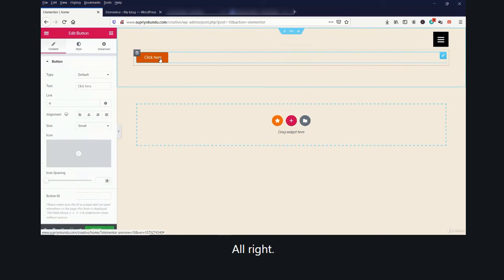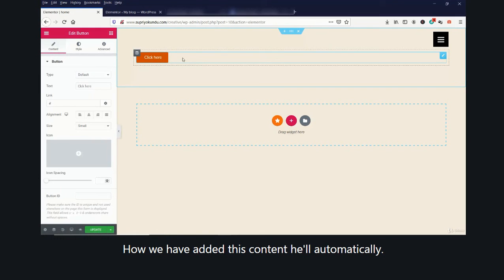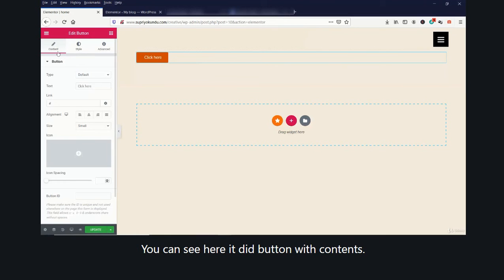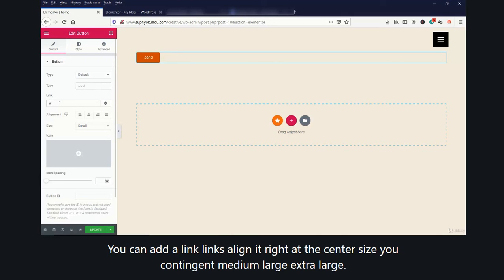All right. Next, let's align this button right at the center. How? We have added this content here. Automatically you will see here edit button with contents. You can edit here. Let's write here send, say a form, send button. You can add a link.